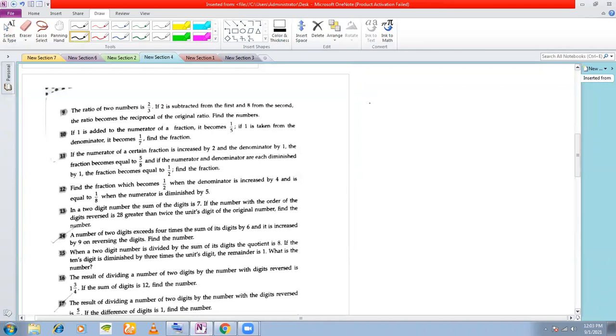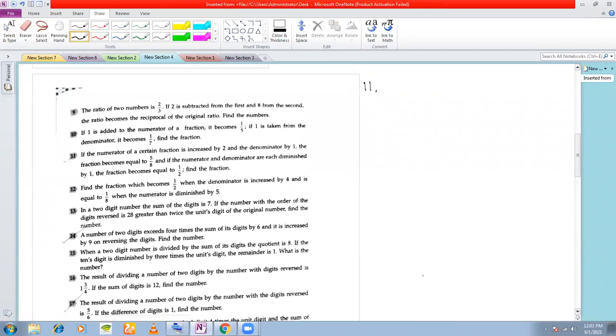So now we'll do number 11. The question here is, if the numerator of a certain fraction is increased by 2 and the denominator by 1, the fraction becomes equal to 5 by 8. And if the numerator and denominator are diminished, means decreased or subtracted by 1, the fraction becomes equal to half. Find the fraction. Let the numerator and denominator of the original fraction